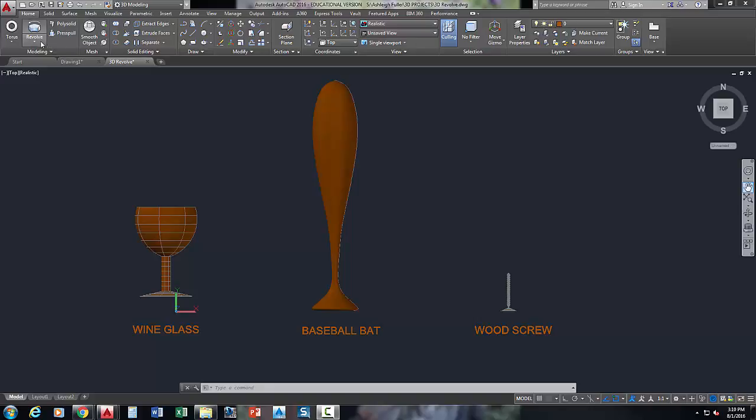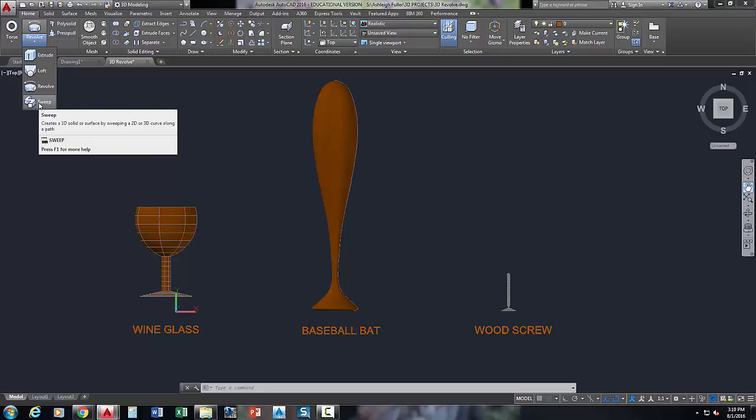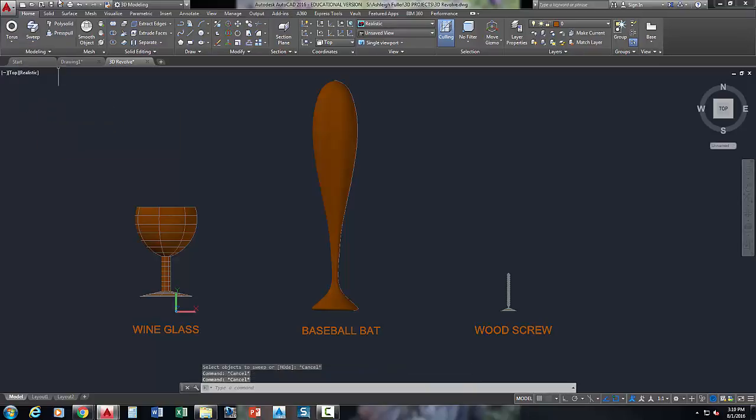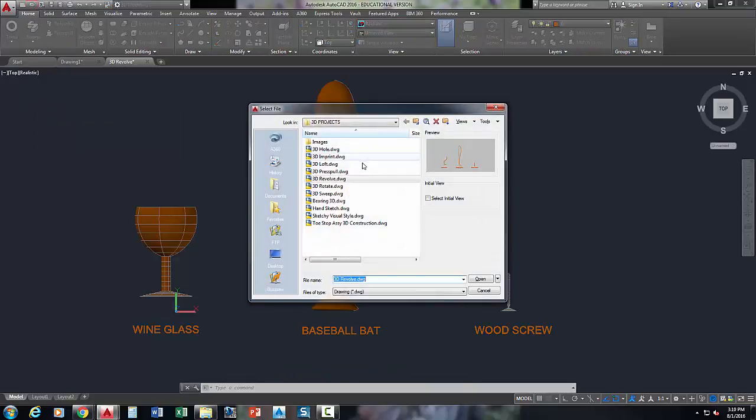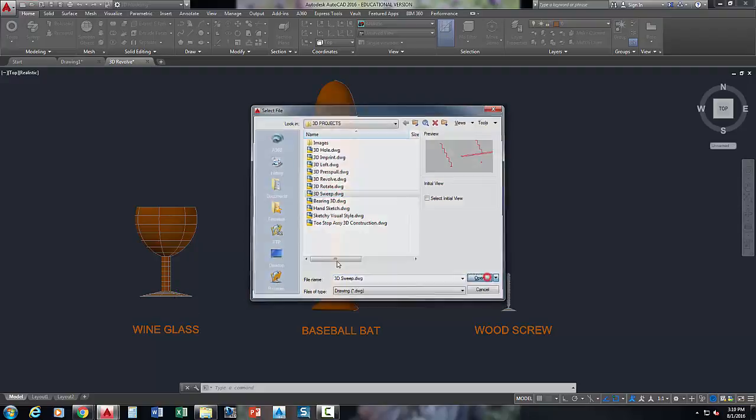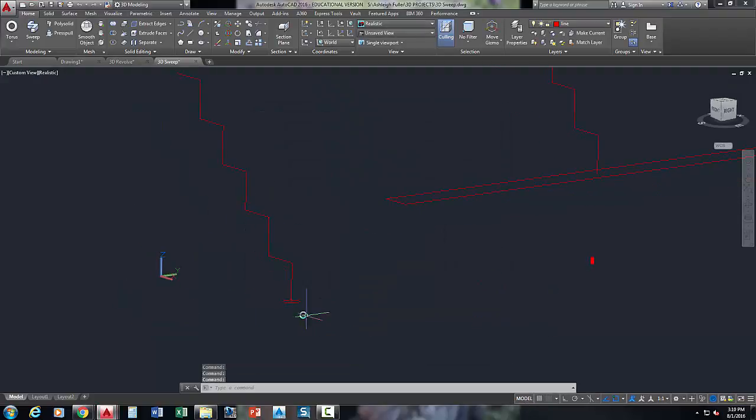All right, for the last one that we're going to do here of this little set, we're going to do one called sweep. And to do that, we're going to open up, same place, we've got a sweep example here. And what this is going to do is it's going to take a 2D object and it's going to sweep it along a path